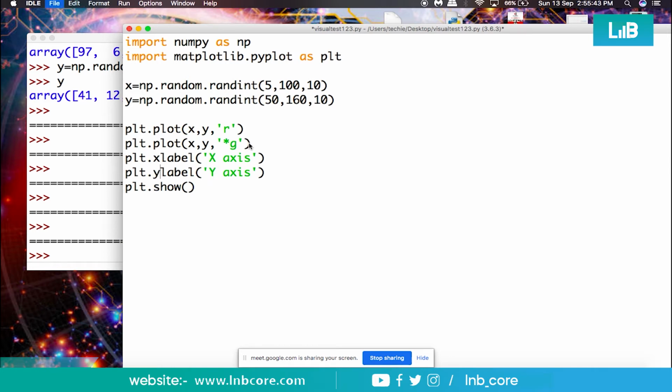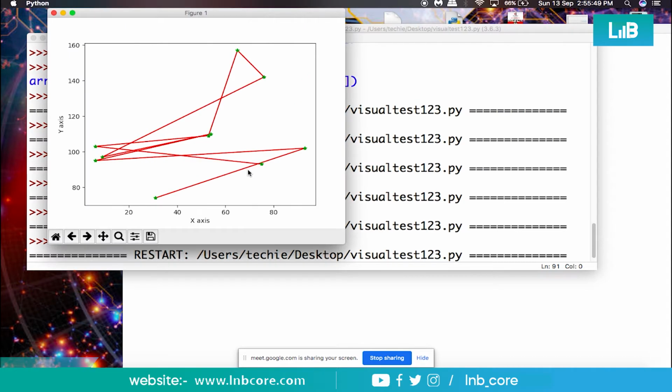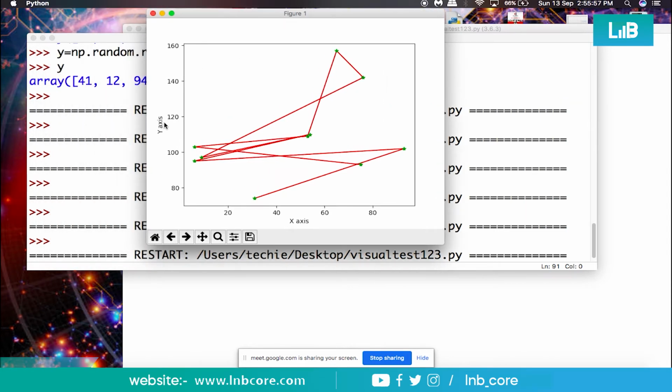So label will give you the clarity about what you used this axis for. Right, so here the x axis is coming, the y axis is coming. This is called labeling, label of x axis and y axis.